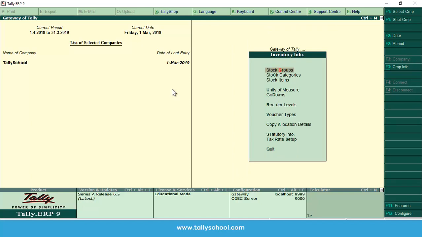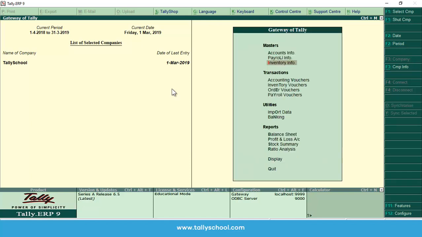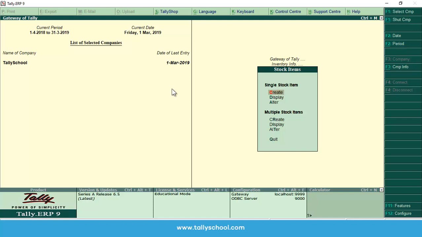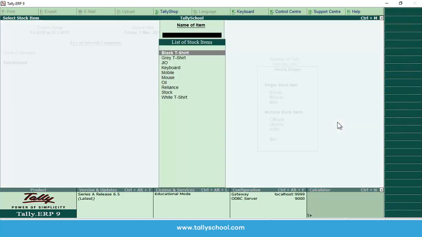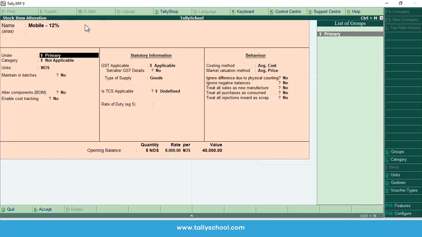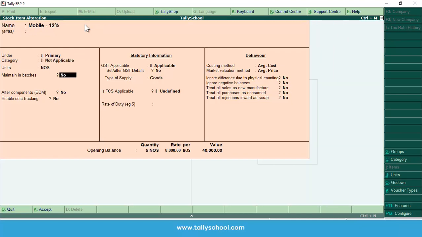So from the gateway of Tally, you have to go to inventory info, because that's where all the details of the stock items are. So stock items, and then you have to go to this option of create if you want to create, but I've already created, so I'll go to alter, and then here is the mobile. First of all you have to write the name mobile, and you can also write here 12%, so we know that it is 12% GST. Primary, category not applicable,